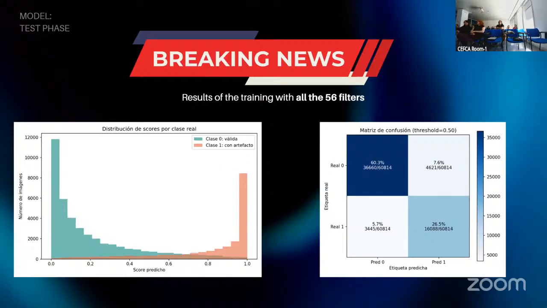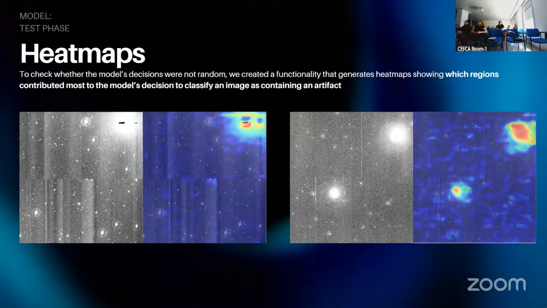I have a question. Can you use the heat map to weight the images when you combine them, so you don't need to reject images? Would that be possible? This is a question for both. What do you mean by weight? Because you know that this is where the information is to reject the image. When you combine the images, you could put a very low weight here, depending on the heat map, so this wouldn't contribute to the average, and this would contribute to the average. So you are not rejecting the information, you are using the heat map to weigh how they contribute in the average. Is that possible?